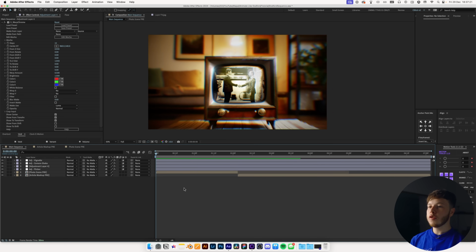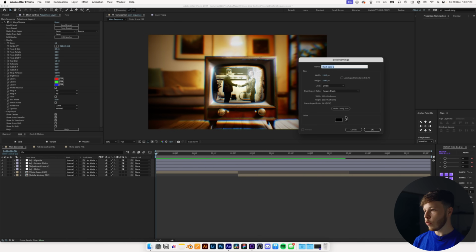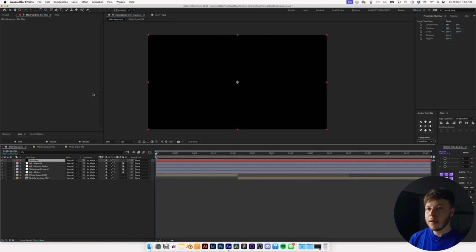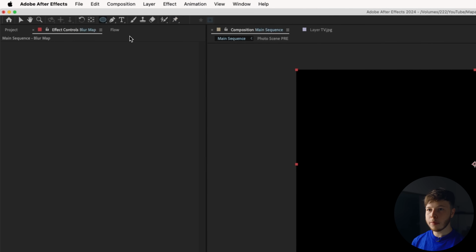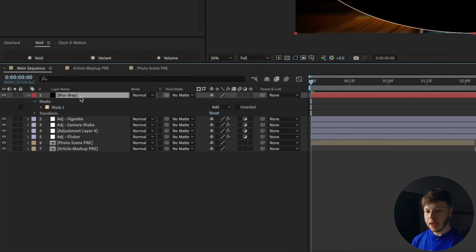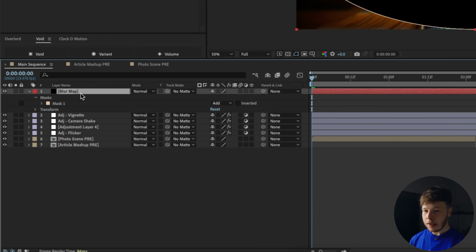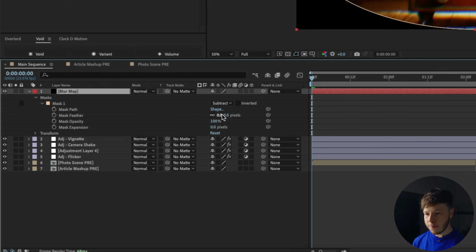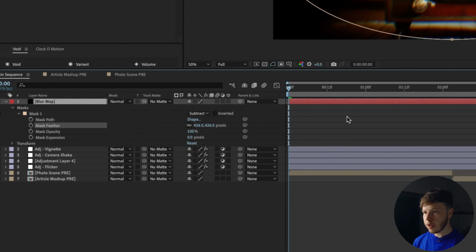But this next one is one of my favorites, and to blur the edges just a little bit more, we will first create a solid, and we will just name this blur map, and then hit OK. And then we can create a mask. If I select my ellipse tool up here and just double click with the layer selected, it'll create a mask, and that's how we used to create vignettes in the old days. And then if we go to subtract and then go to feather, and just increase that a whole bunch,